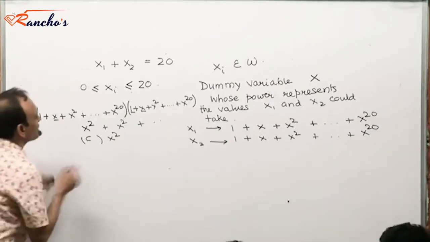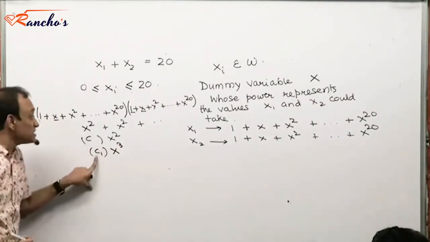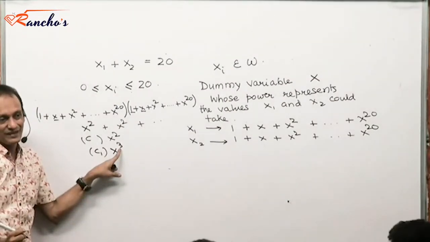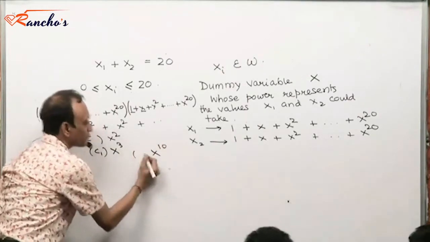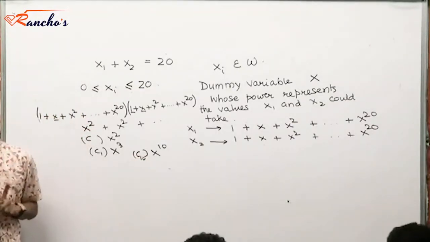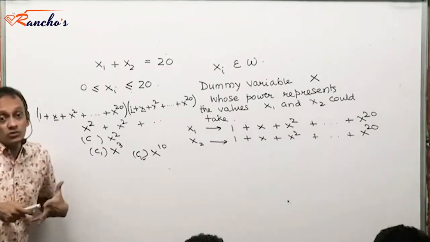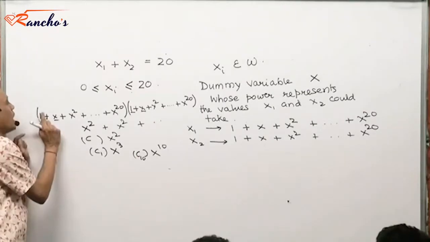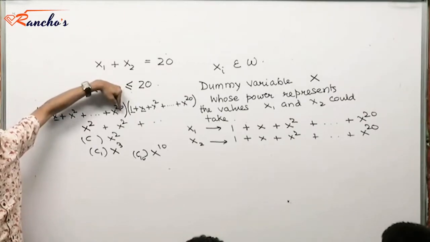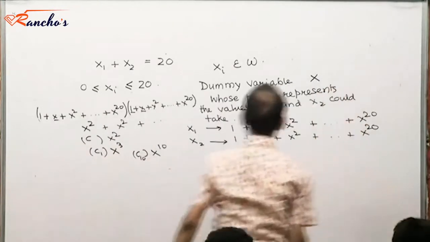No? So if I have something like x cubed featuring with a coefficient c3, then this c3 is the number of ways in which x1 and x2 add up to 3. If I have x to power 10 in this multiplication featuring with a coefficient say c10, then c10 is the number of ways in which x1 and x2 add up to 10, where x1 and x2 are whole numbers, because x1 and x2 are sourcing their values from these powers. So they are essentially whole numbers only. Yes or no? Right?